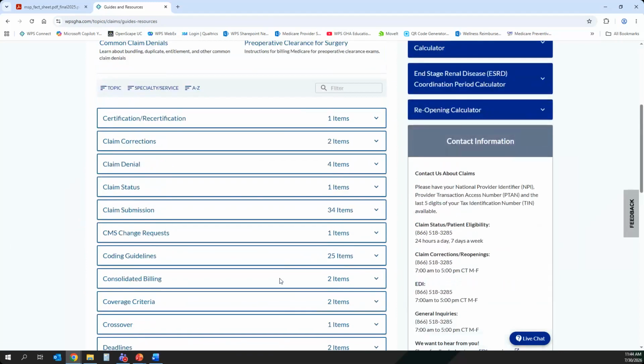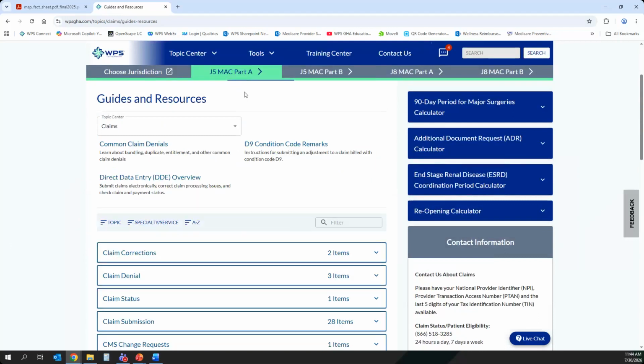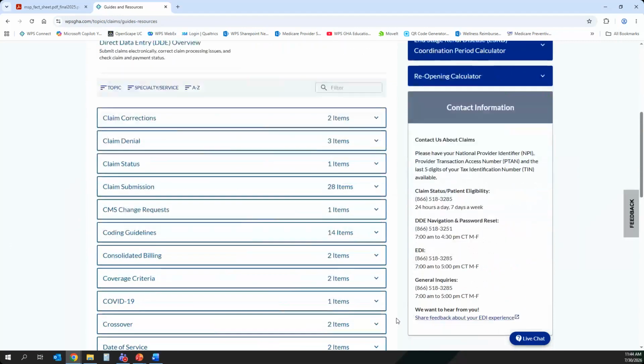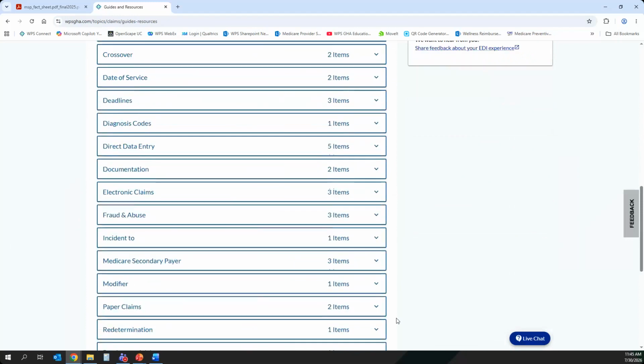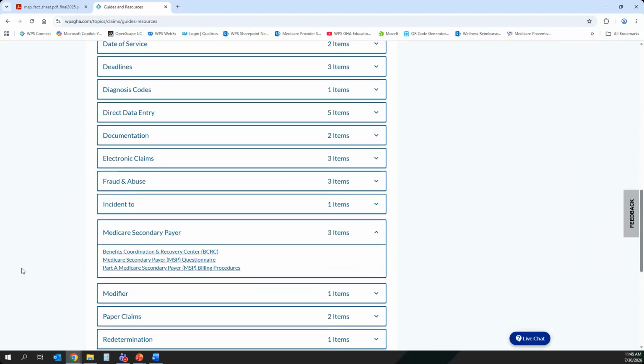Now, if I go up and change my jurisdiction to Part A, and I go back down to MSP, we have that BCRC and we have the questionnaire, but instead of the fact sheet, we have a billing procedures resource. So that's why I said, you just want to make sure that you're in the right jurisdiction